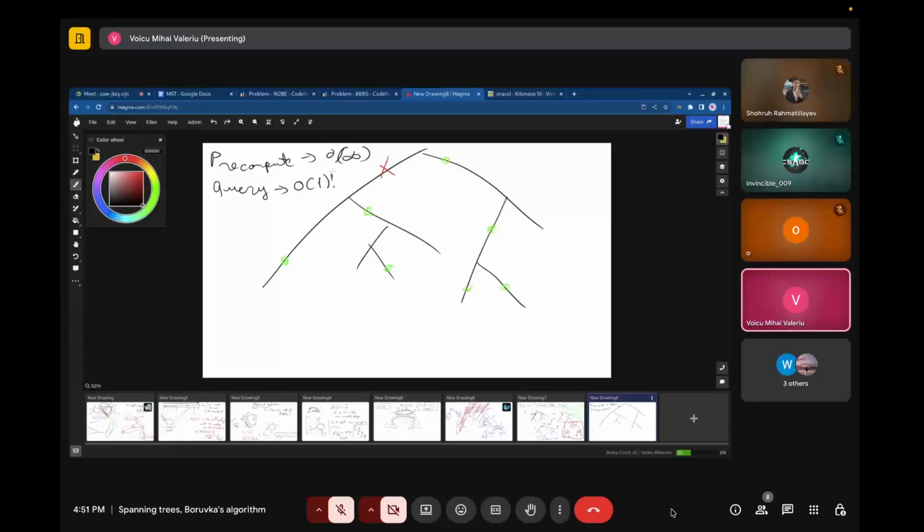But if you were to solve the problem of finding the maximum cost from U to any V in this set S,